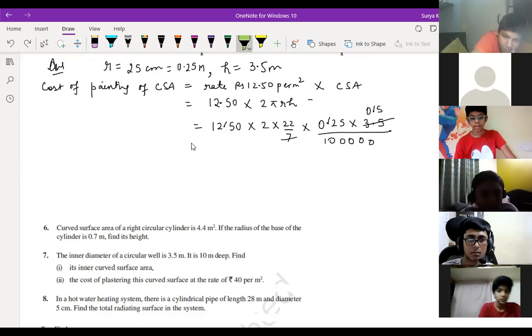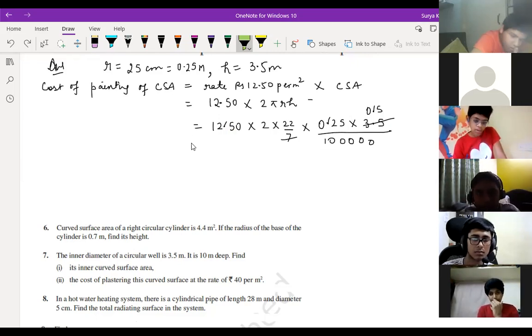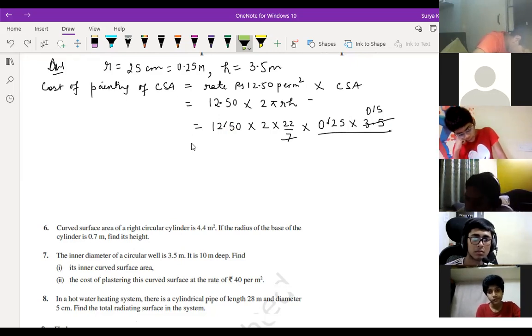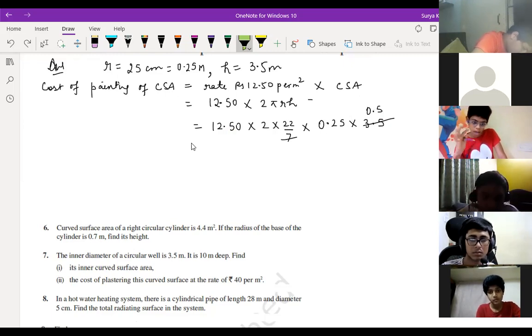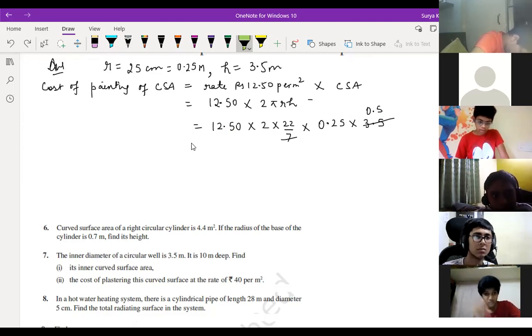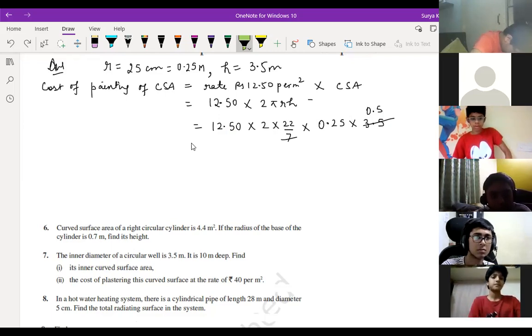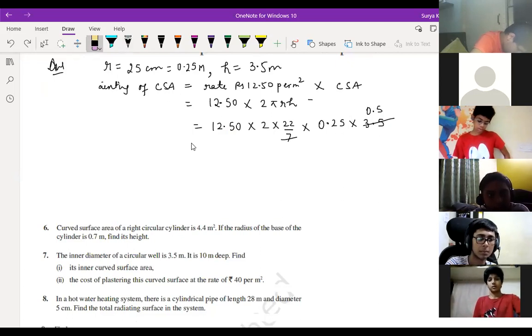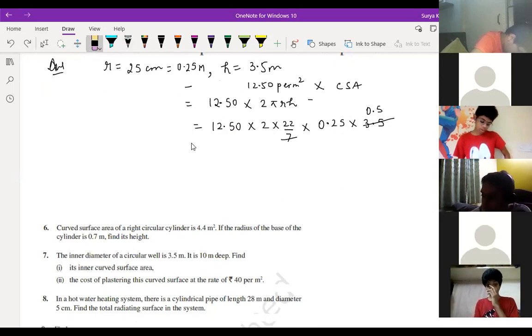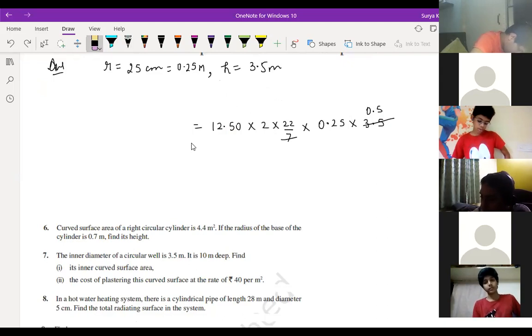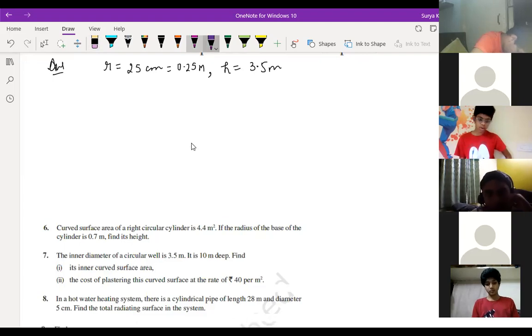Shall I do it in detail? What are you asking? Sir, I'm not understanding it. Okay. I'm just removing these points. Till now it's clear, Sai Ritvik? Yes, sir. No, sir. I understood until the cost of painting formula, then. You are not getting the rate part, right? Yes, sir. Okay, fine. If you're not understanding, erase completely. Don't do it in this method. Completely erase it off. Okay. Simply you find CSA. That is better.